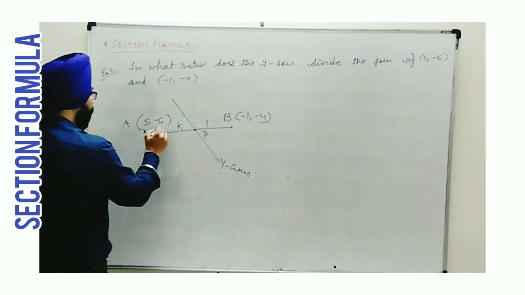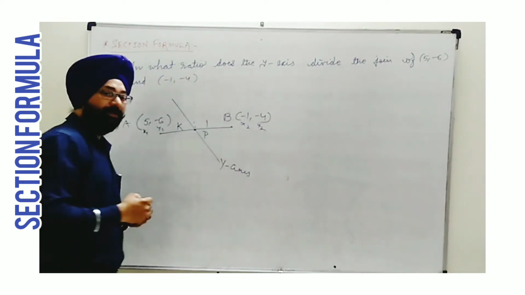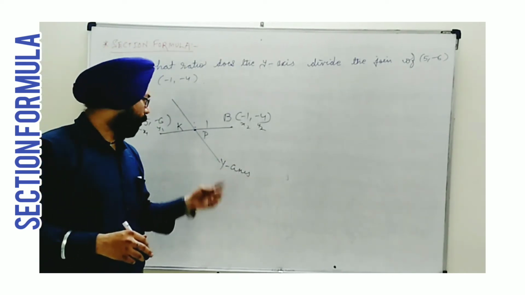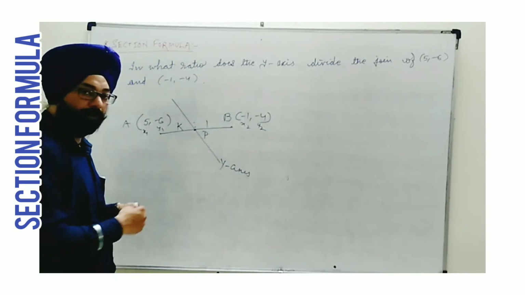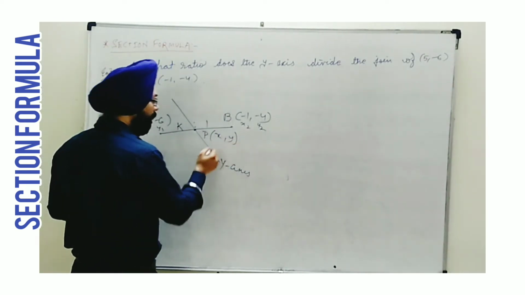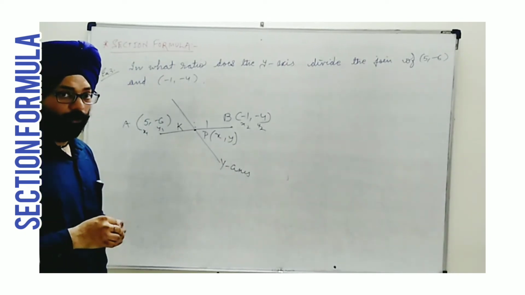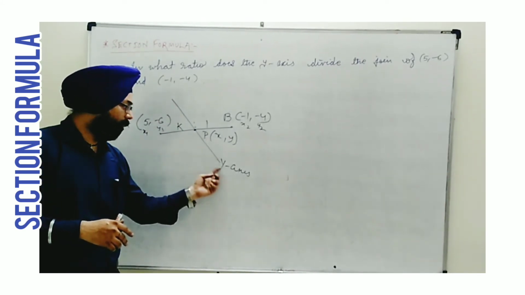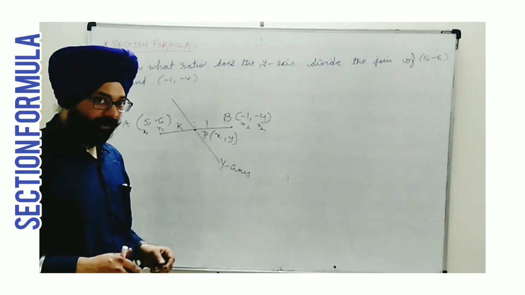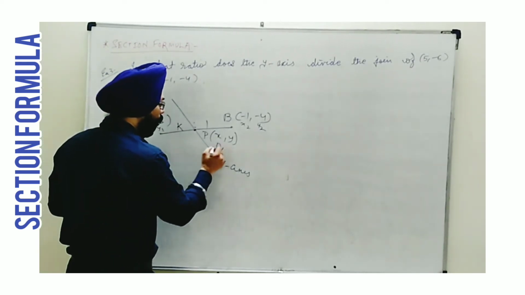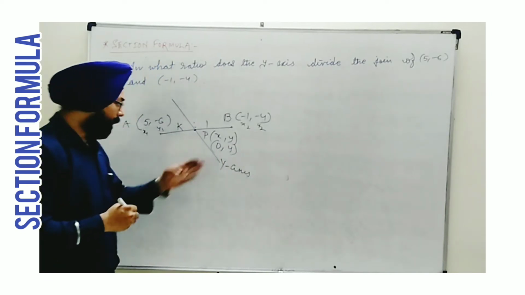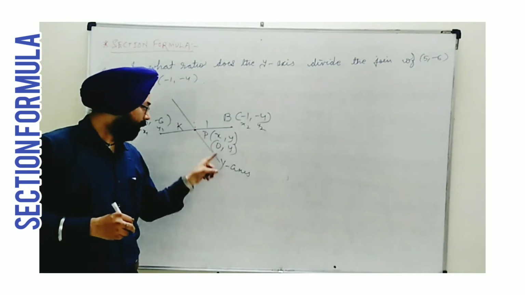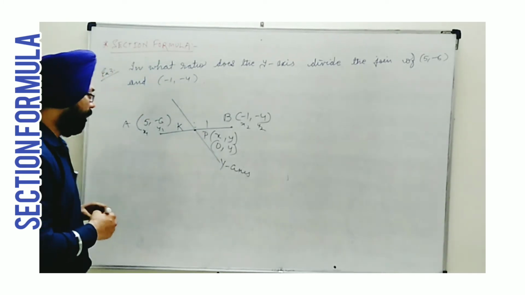And these we can take as x1, y1, x2, y2. In the first example, you can see that wherever there is a question on a ratio, we need only one thing, either the abscissa or the ordinate of P. P is suppose (x, y). We need only one of them, either x or y. No need to get both of them. So we will go back to the situation. We are told that the point lies on the y-axis. Now what is the nature of the points lying on the y-axis? These are of the type (0, y), because the abscissa on the y-axis becomes 0. So for sure the abscissa is 0.